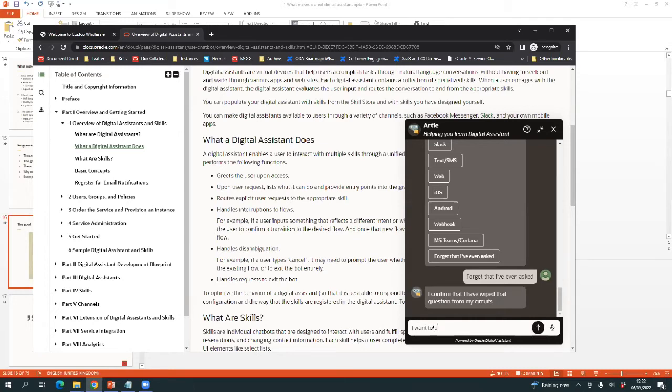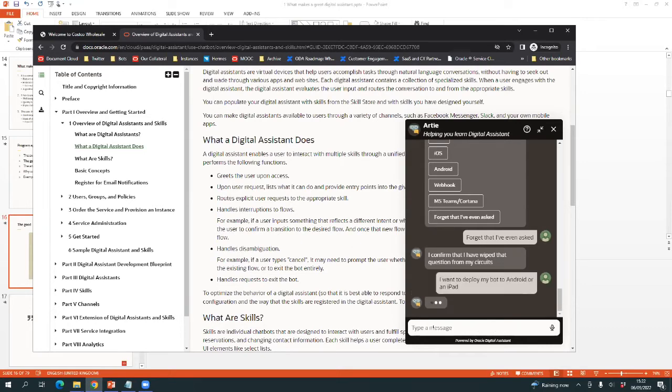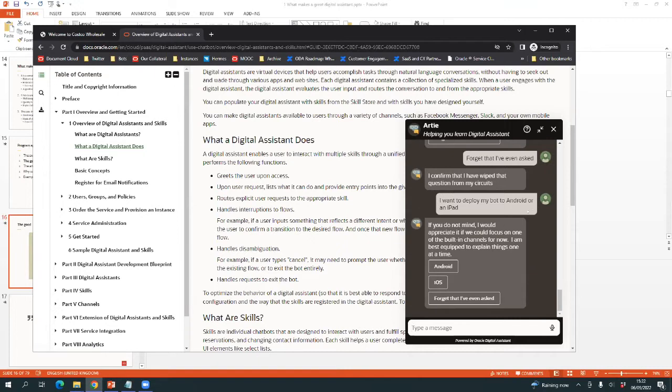Let me do one more thing to show you here. I want to deploy my bot to Android or an iPad. Now, essentially, that is two questions. How to deploy my bot to Android or iPad. And you'll notice here it says, well, I can help you. One at a time would be better. And I've detected that iPad is actually iOS, so we can choose